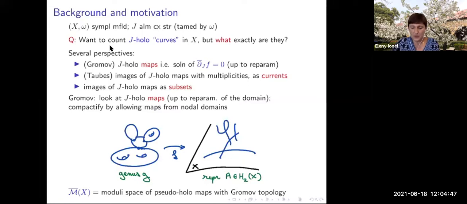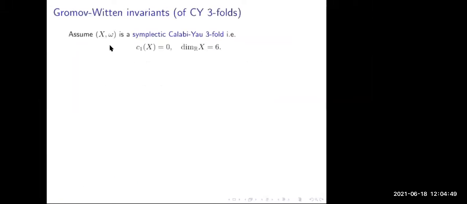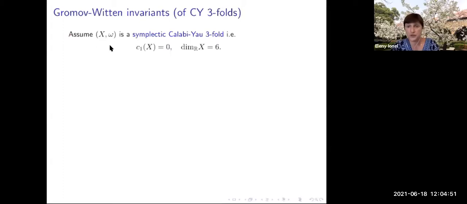All right. So then this leads to the notion of Gromov-Witten invariants. And for the purpose of this talk, I'm just going to restrict to Calabi-Yau threefolds. Threefold means 3 complex dimensions, which means 6 real dimensions. And Calabi-Yau for me will just mean that the first Chern class of this manifold is 0. The reason why these are very nice spaces to consider is because if you look at the dimension,